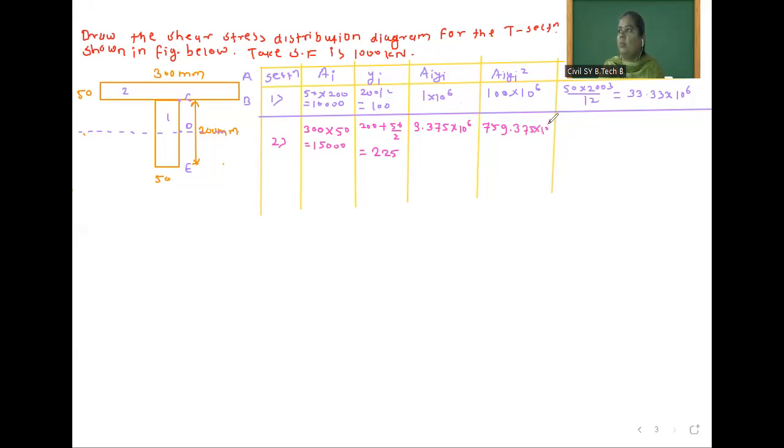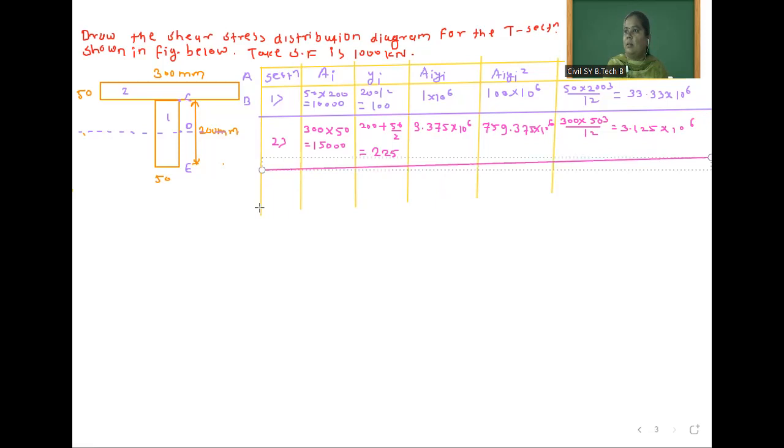is 759.375 into 10 to the power 6, and I self is 300 into depth 50 cube divided by 12, which is equal to 125 into 10 to the power 6. After that, next we will take summation. Summation of AI, which is equal to